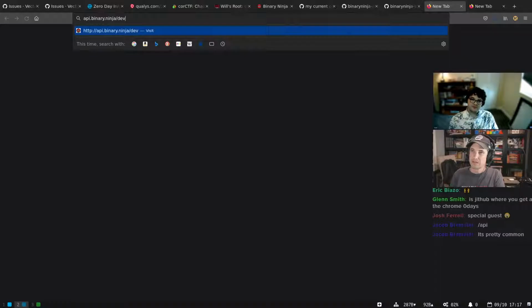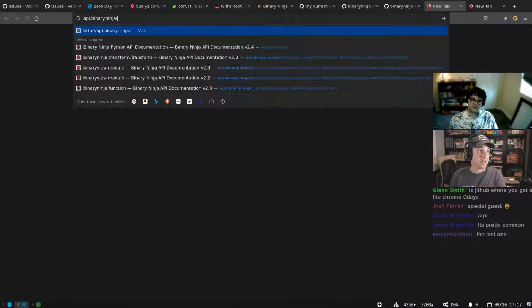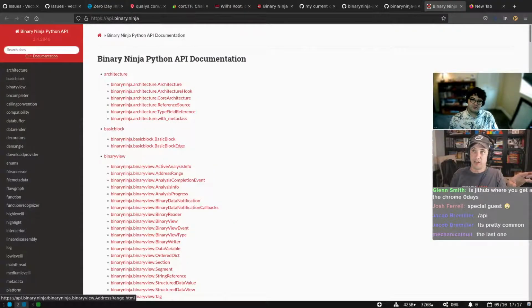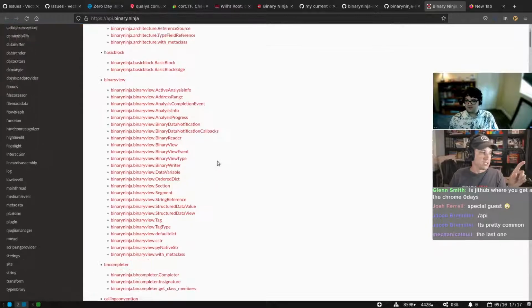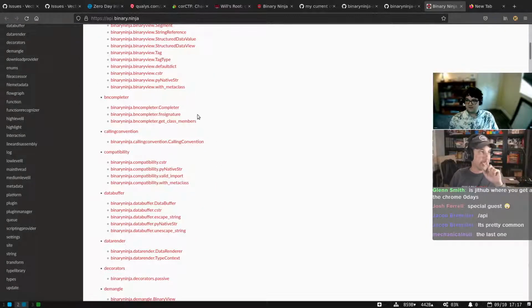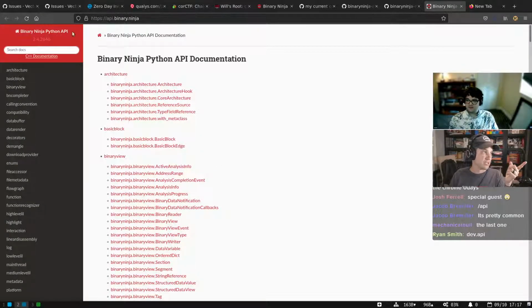There's already api.binary.ninja, right? That's the current stable docs. We just want to add a separate one. The other thing we could do is have a drop down where you can select versions. The spot right here we already have the version, and C++ is there as well, although the styling, forgive me, I have sinned, is kind of gross.